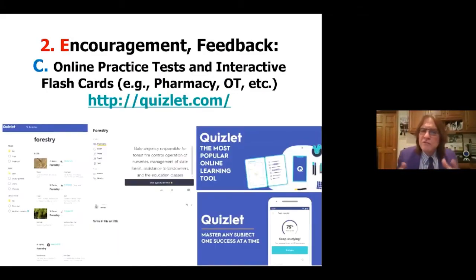And again, it's number 2, encouragement and feedback. Number 2 is encouragement and feedback online quizzes. So Quizlet is one of the top quizzing tools in the world. It enables anyone to create an online quiz and have students take those quizzes. You can share those quiz questions when you're done with other people. And so that Quizlet tool is used in all fields: pharmacy, occupational therapy, mathematics, chemistry, philosophy, you name it. There are question banks in Quizlet.